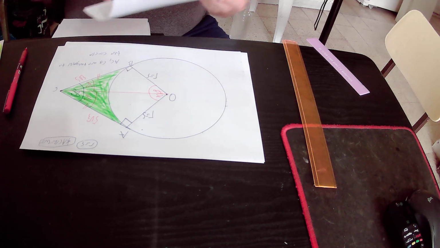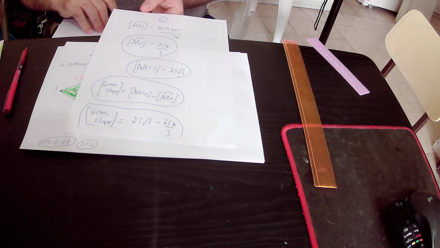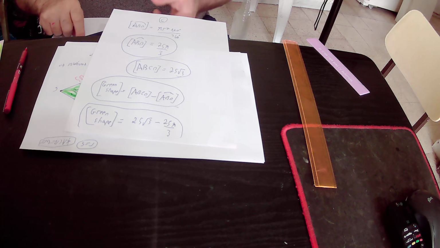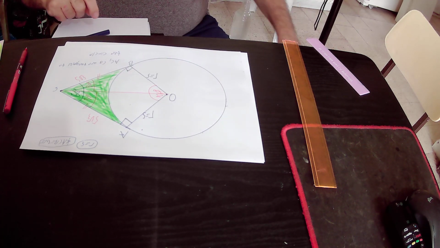Again, the area of the green shape equals 25 times root 3 minus 25 pi over 3 square units. Okay, so we finished with the first method,